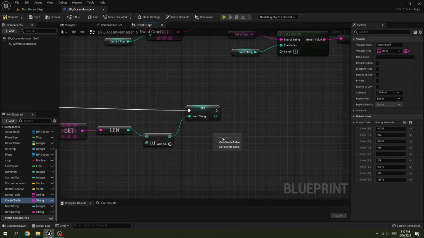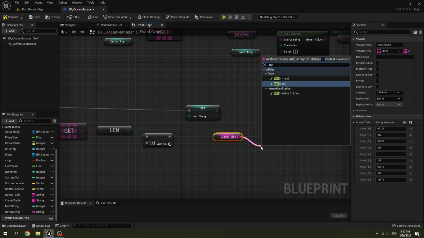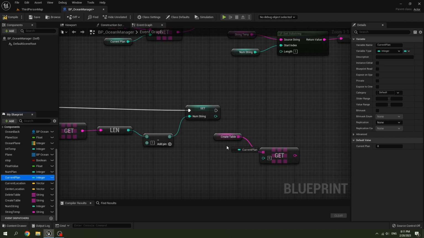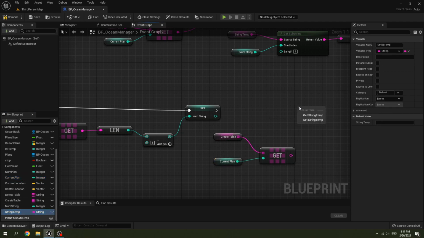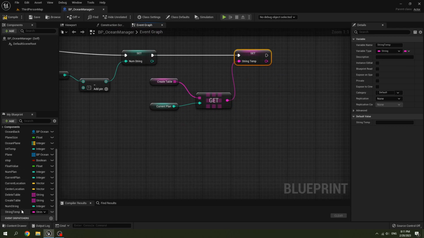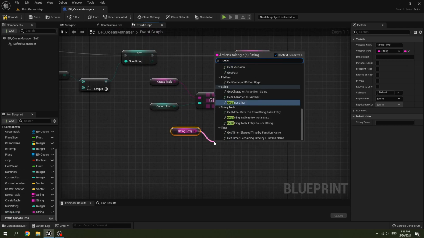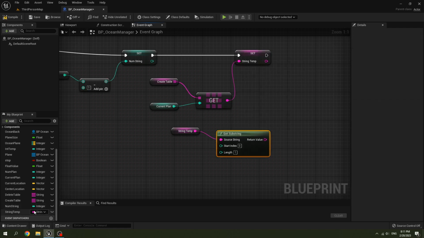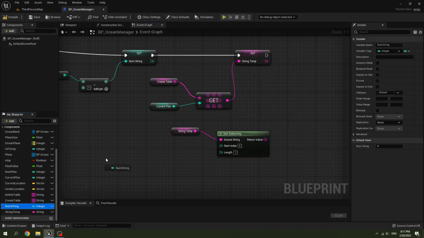Get create table array, get a copy, get current plan, then set string temp. Get string temp, call get substring, get name string, connect it to start index.